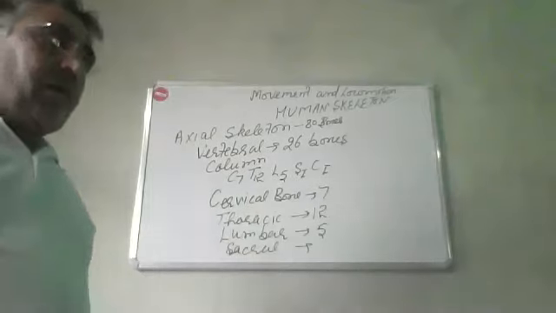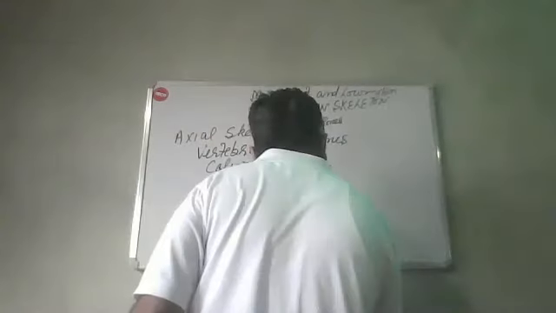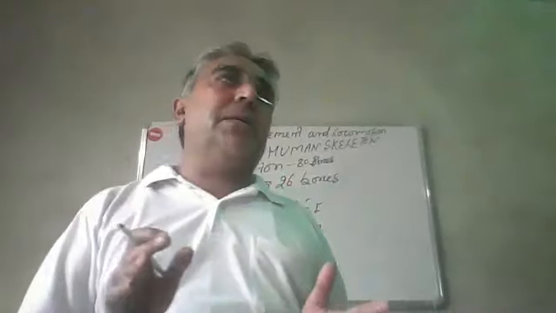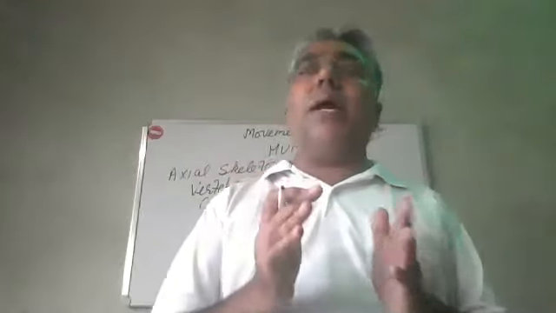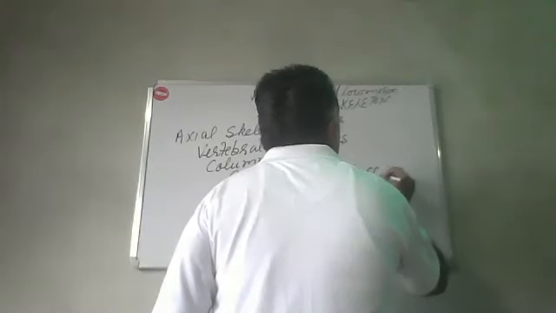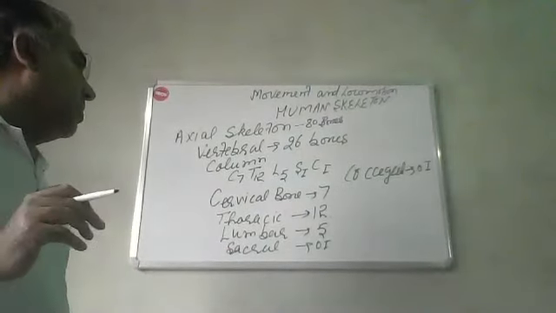The sacral vertebrae are actually 5, but they fuse to form one. Therefore, we may count it as 1, but in children or newborn babies, they are 5. After that, they fuse and form the one sacral bone, and then the coccygeal bone. Coccygeal bone is also 5 bones that fuse to form one. Therefore, all these become the 26 bones.